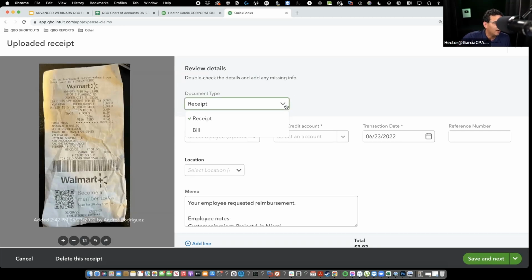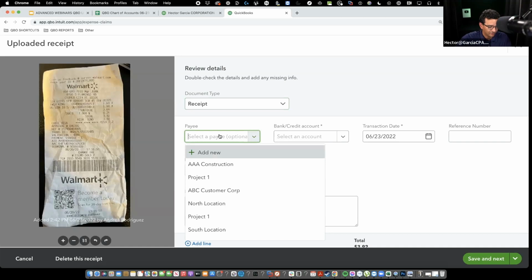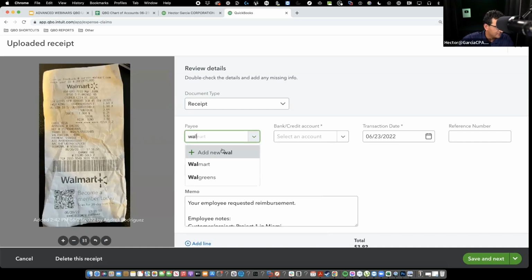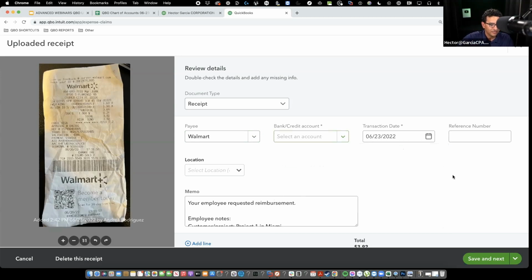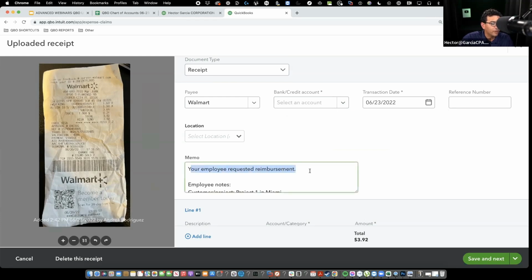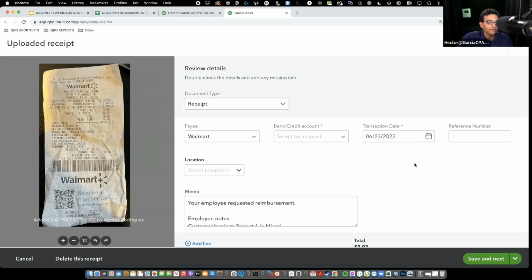So I can upload this as a bill or a receipt, which is cool. Under payee, I get to pick Walmart here. I get to pick my Walmart, which didn't have an asterisk, my actual Walmart payee from my vendor list. I get to pick which account it was paid from. Okay. If this was a reimbursed transaction, which says here, your employee requested reimbursement, then you must know,